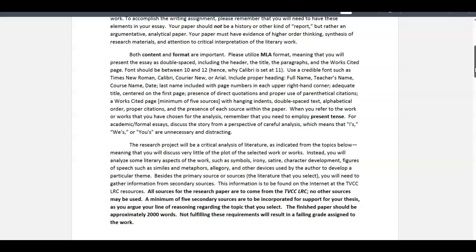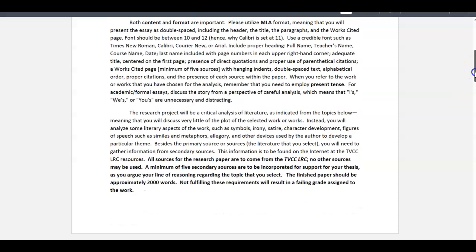Do not talk to the reader saying you'll see this. No, do not do that. This is not how you write an essay. So no I's, no we's, no you's, no my, no mine, no our, no your. Please avoid those. Rather, this research paper is a critical analysis of literature. So you're not going to give plot, you're going to focus on the critical understanding of what these works represent. One of the major aspects that you have to pay attention to, and hopefully you have been,